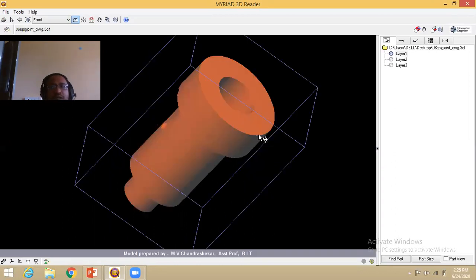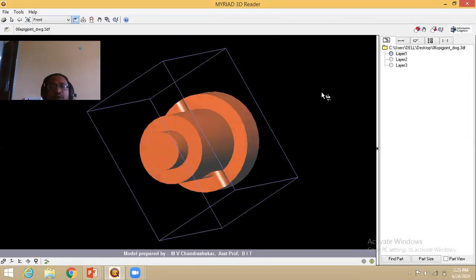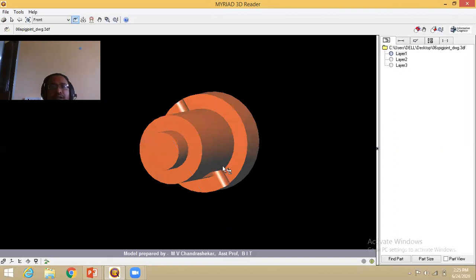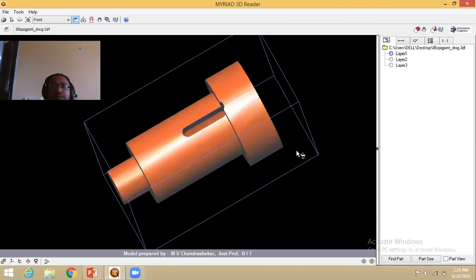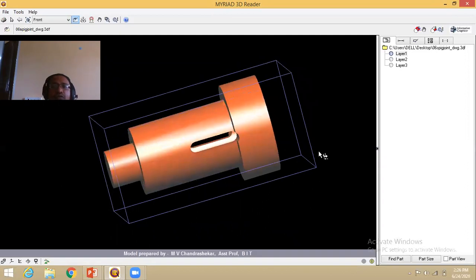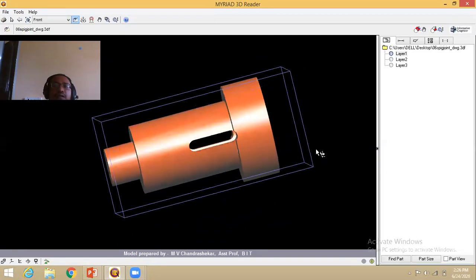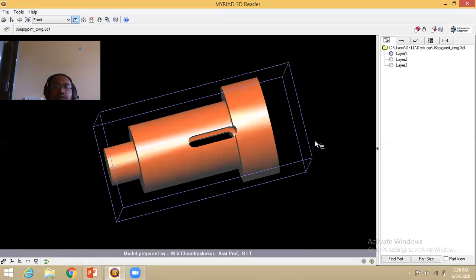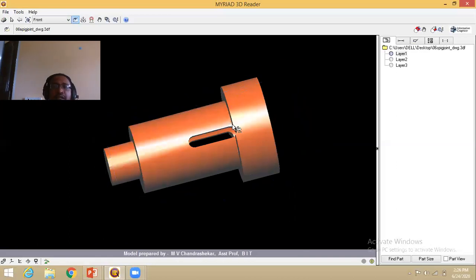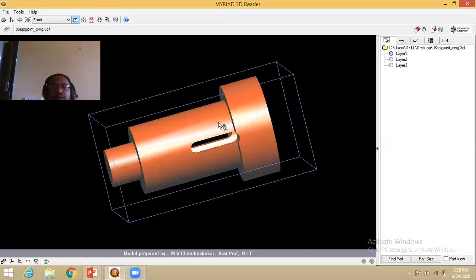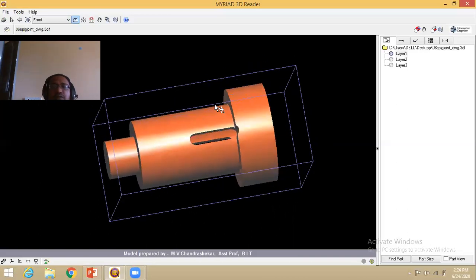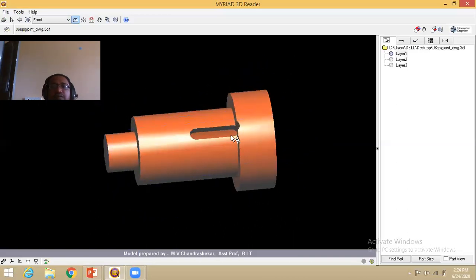This one is the outer diameter of the socket, and the slot is provided throughout the socket. Some portions are also utilized in the collar. So like this, the slot is there.